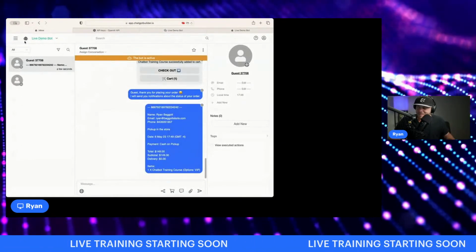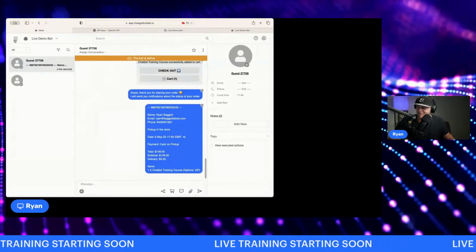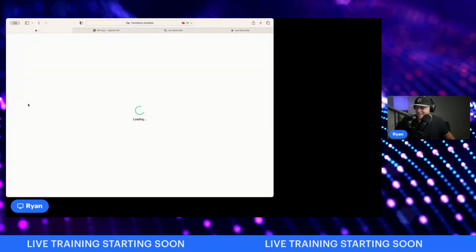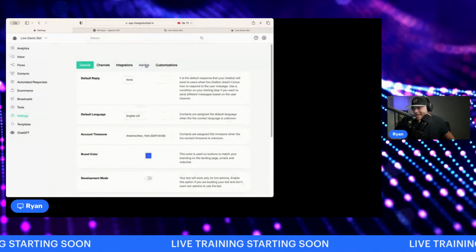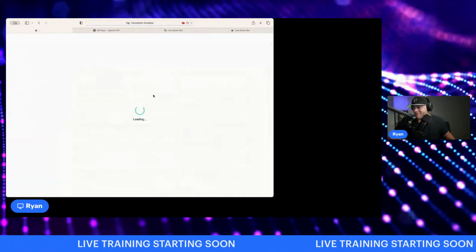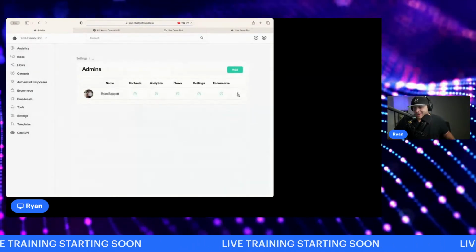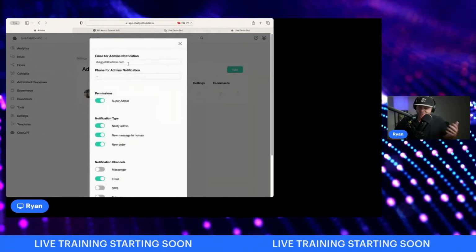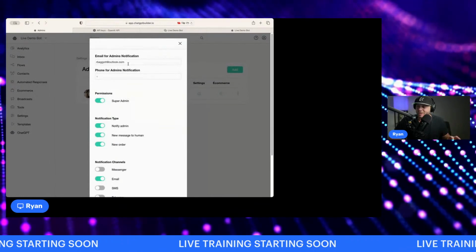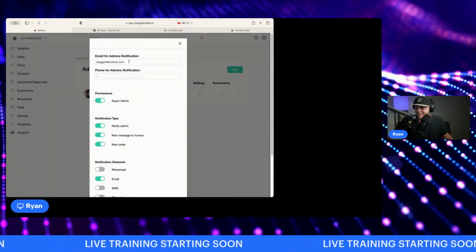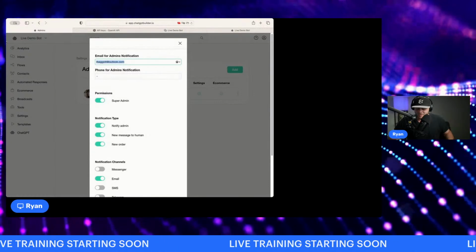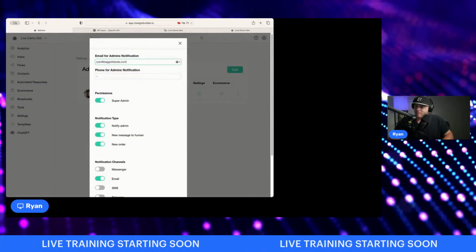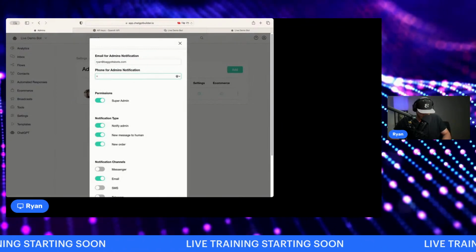We do need to make sure we have our actual email notifications and text message notifications set up. And so to do that, we need to go to settings, and you're going to go to admin, manage. I'm the only admin of this account. So if I hit the three dots here to edit, it's going to show you however you signed up for your account. This is where you're going to get your notifications sent to. So I could easily change this email to be my main email instead of my Facebook email, for example. And here I can just add my phone number,